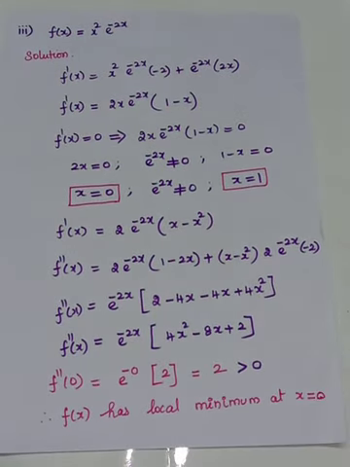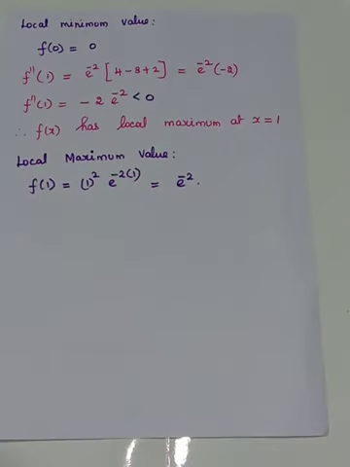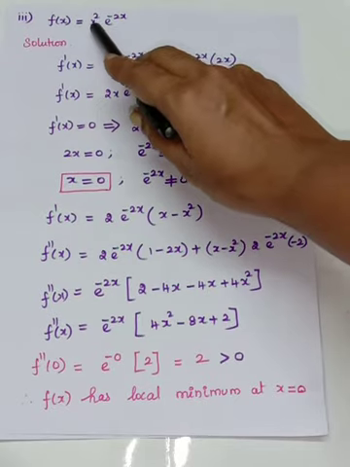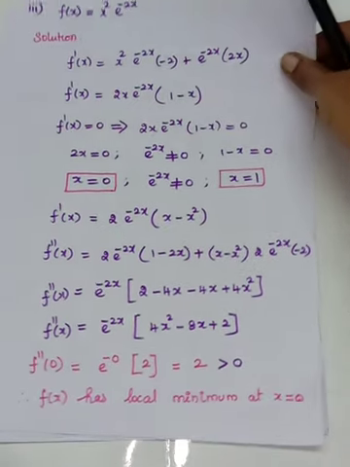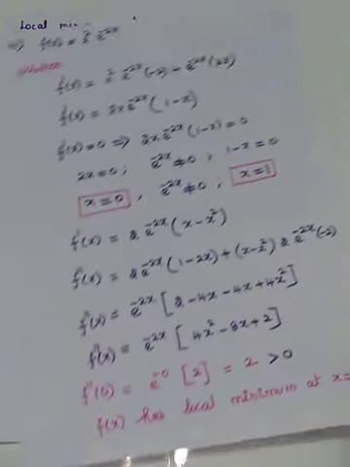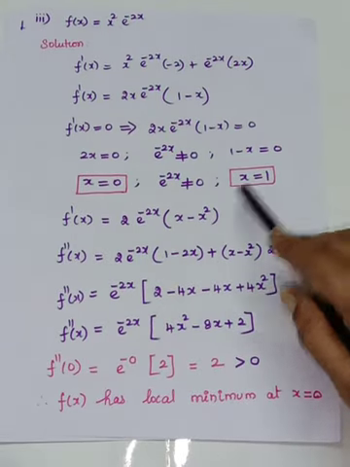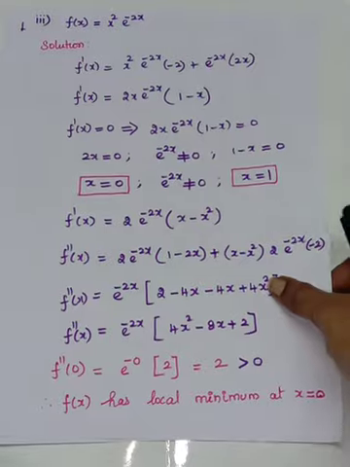Next you are going to find what is the minimum value. So x equal to 0 has to be substituted in your function. So f of 0, you see that f of 0. So see now here it is 0. 0 into anything will become 0. So therefore the minimum value is 0, which is obtained at x is equal to 0. So you are having one more point, that is x is equal to 1. So we have found 2 points, one is x equal to 0 and x is equal to 1. So when you substitute x equal to 0, it has a minimum. So the minimum value is 0.